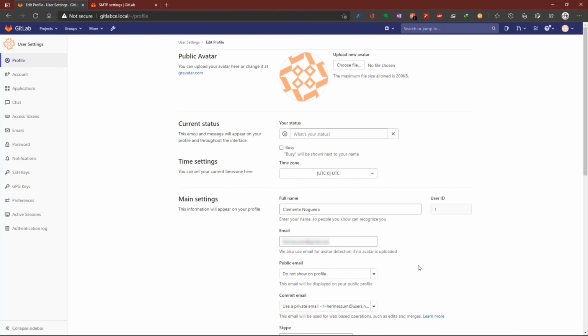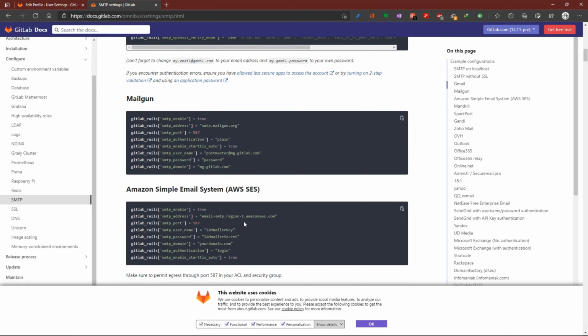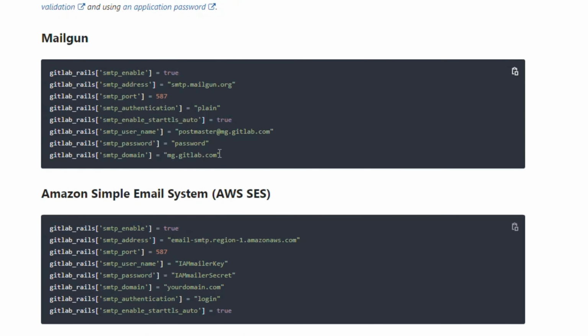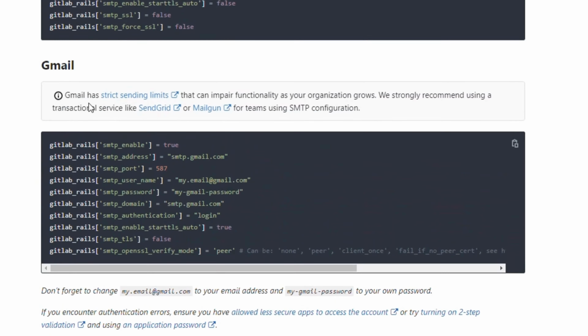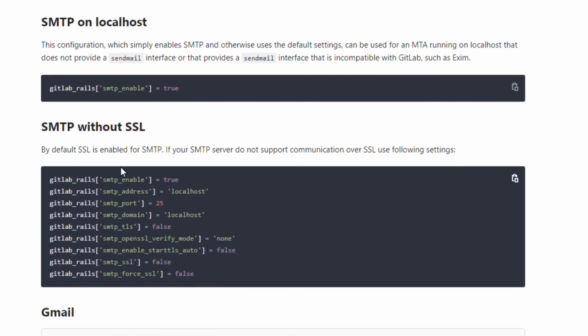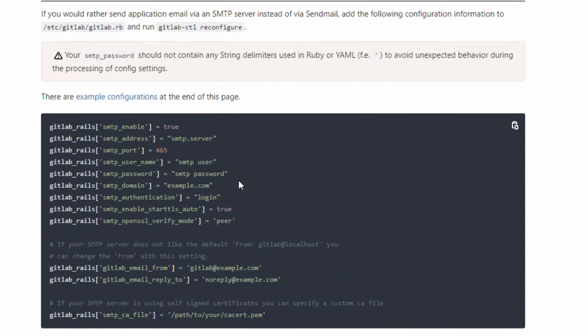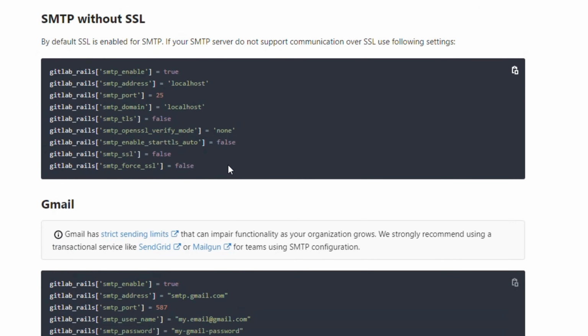If for some reason the SMTP configuration when we installed GitLab Community Edition does not work, we can use these options. You can use the Gmail option. We used this one, if you remember.